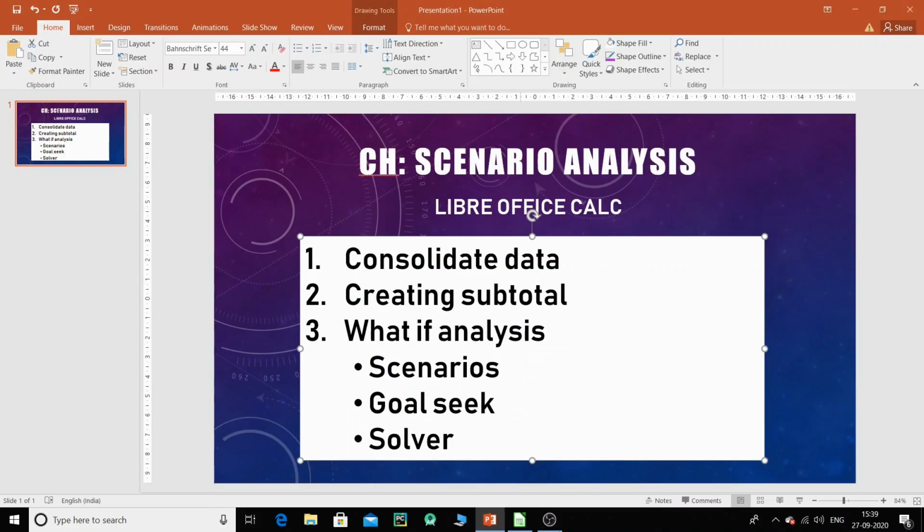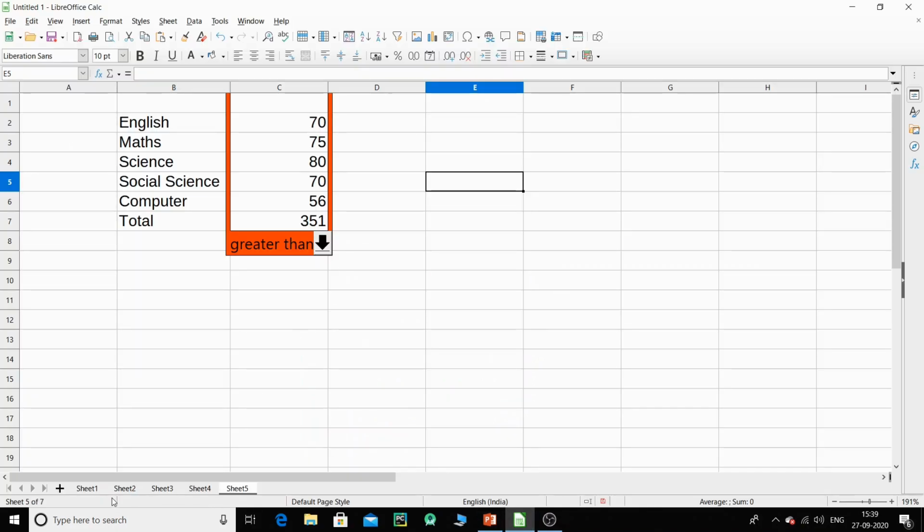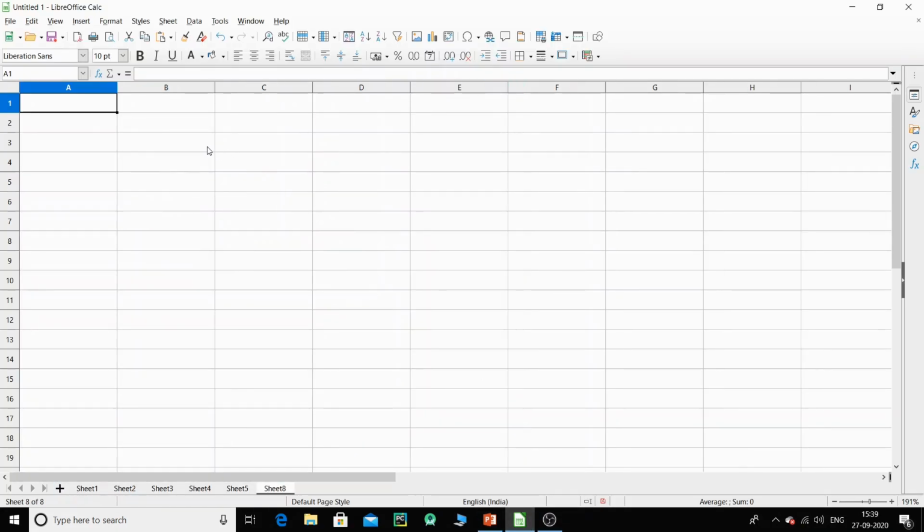So let us switch to Calc, and I will take one more new sheet. With a very simple example I'm going to explain this. For example, say my total is 300, and I'm going to calculate the percentage.